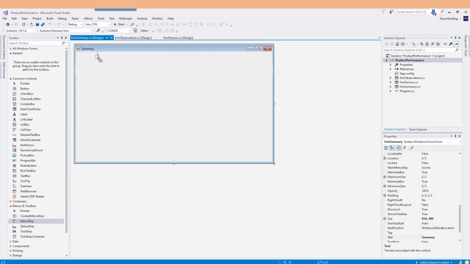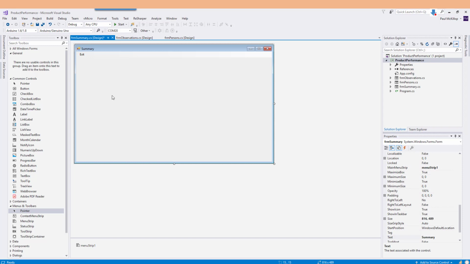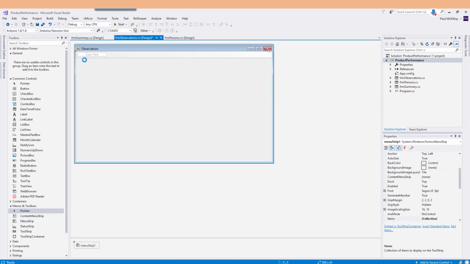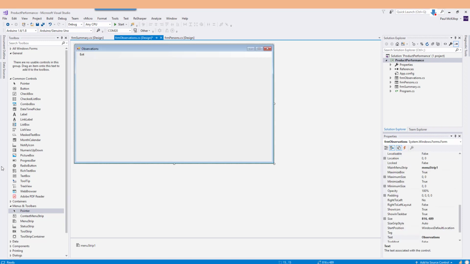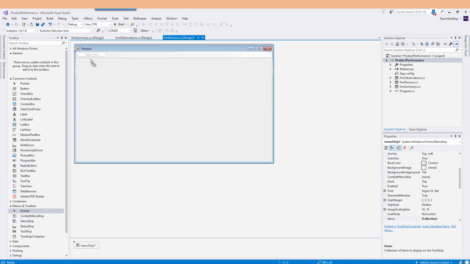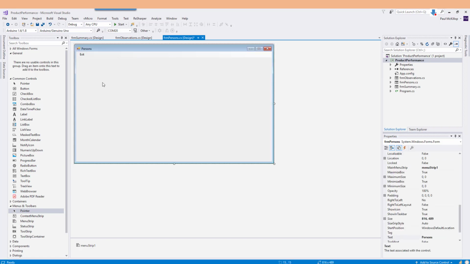So I'm going to have a menu strip up here, click once, put the word Exit, that's in Form Summary, in Form Observations, the same, save it, in Form Persons. Now at the moment it's not doing anything, but we're getting it set up so that we have a consistency